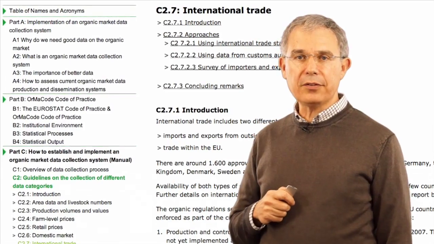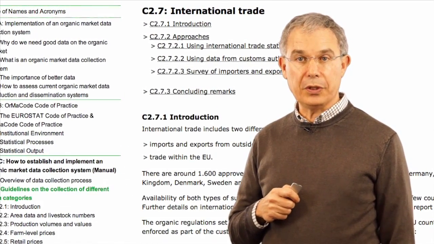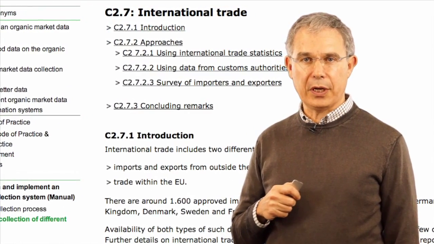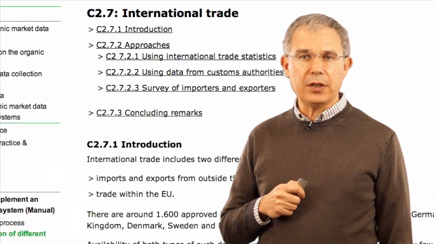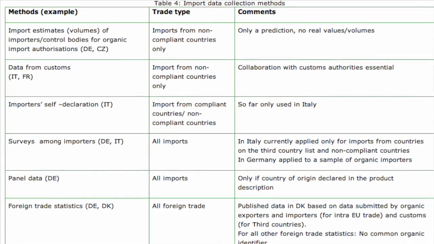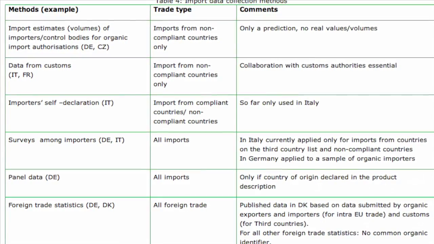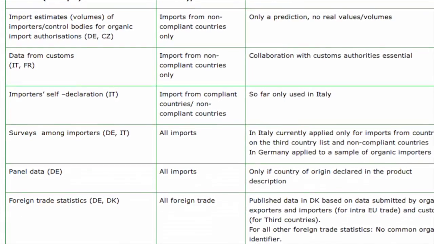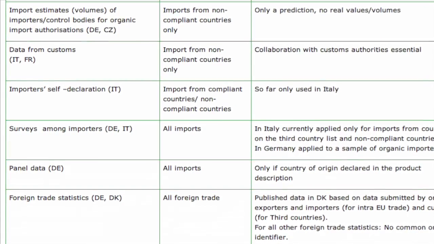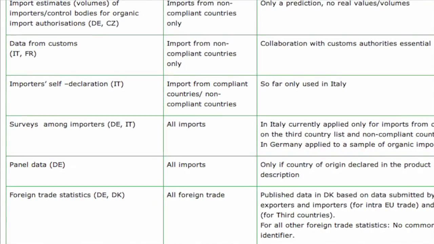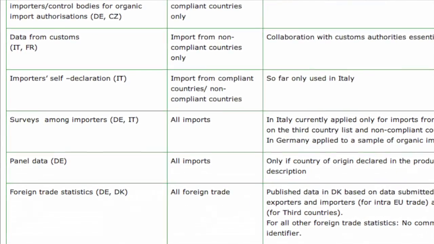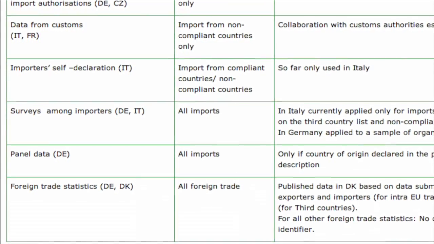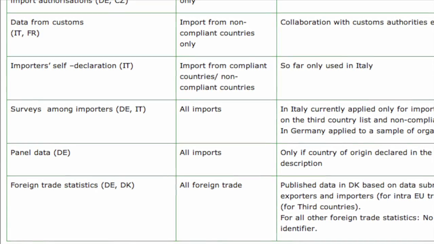International trade data deals with import and export from different European countries. These data are probably the least developed in the whole of Europe. The question here is that most of these data only deal with third country international trade. There is very limited information regarding intra-EU or intra-European trade. Besides, import and export are collected by various means, but there is not yet a system to collect this data through customs as there is for conventional market data.